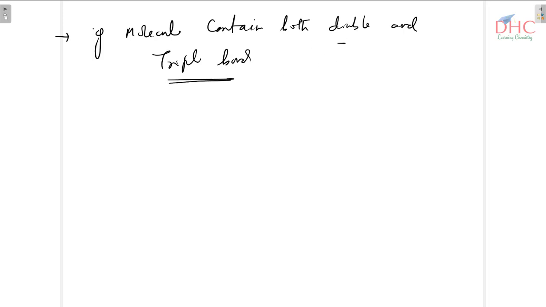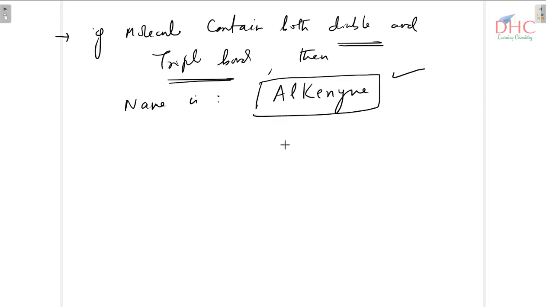अगर मॉलिक्यूल में डबल बॉन्ड भी होगा, ट्रिपल बॉन्ड भी होगा, तब क्या करेंगे? Then the name is alkynyl. Alkynyl is the name. So मतलब ये कि अल्क जब आप लिखेंगे तो इन पहले आएगा, उसके बाद आइन आएगा. इन का जो ई था लास्ट में वो ड्रॉप किया गया, यू हैव आइन. सो इन आइन है, इन आइन. सो अल्किनाइन इज द नेम, बट